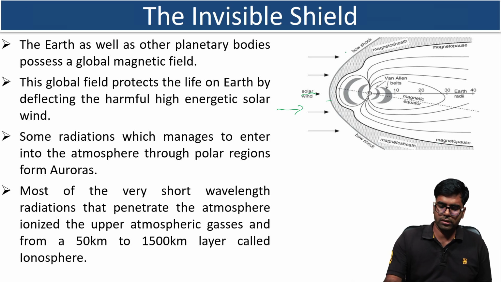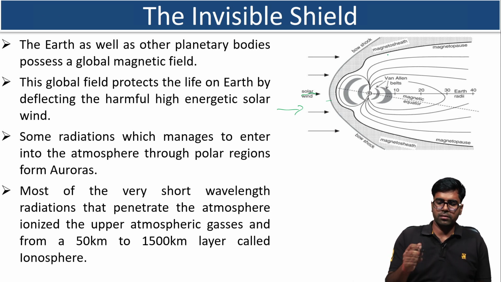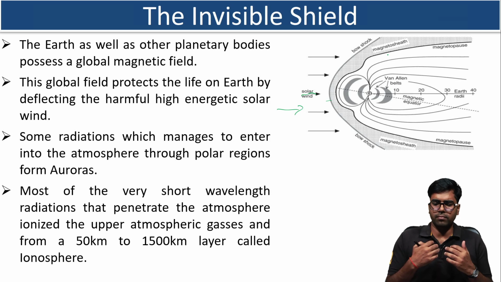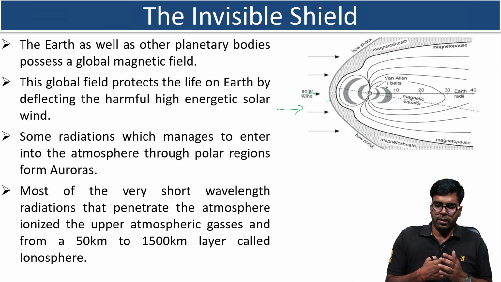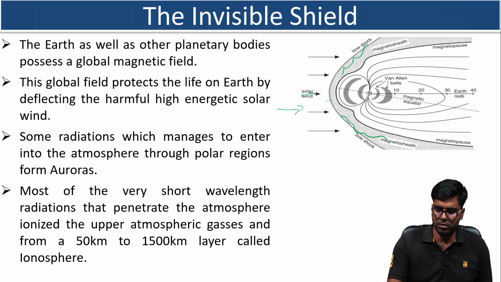The bow shock is the first region, or boundary, where the solar wind interacts with the magnetic field. Then comes the magnetosheath. In the magnetosheath region there are high energetic particles. Those particles in the solar wind get shocked and slowed down, and with high temperature they wander in this region. Some of the energetic particles